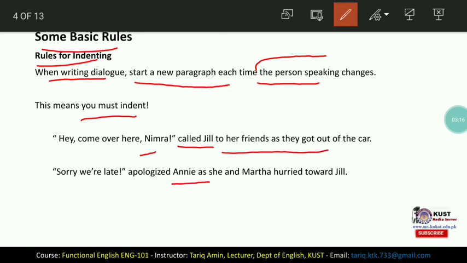They start a bit to the right. We can see that there is some distance between the margin and the place where the sentences start. So you must indent. You must start a new paragraph each time the person speaking changes.